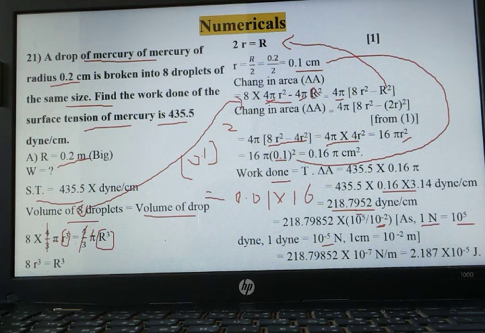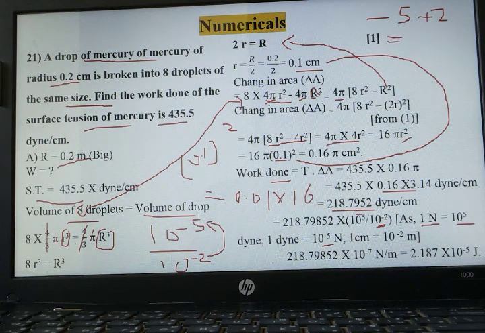Try to understand now. It is 10 raised to minus 5 upon 10 raised to minus 2. As soon as this goes to the numerator, what will it become? ये क्या हो जाएगा? 10 raised to minus 5, minus 5 plus 2 क्या होता है? Minus 3. ठीक है. So we'll be getting this answer as 10 raised to minus 3. Okay.